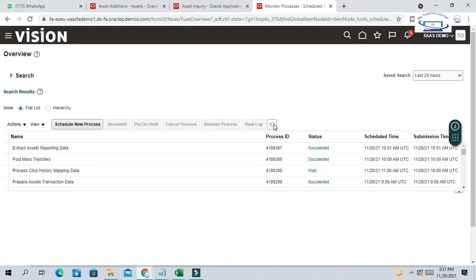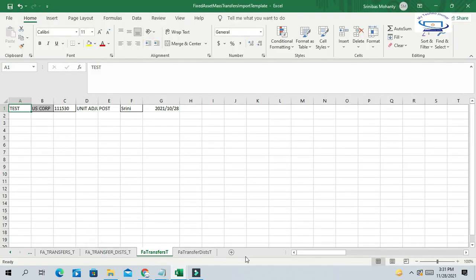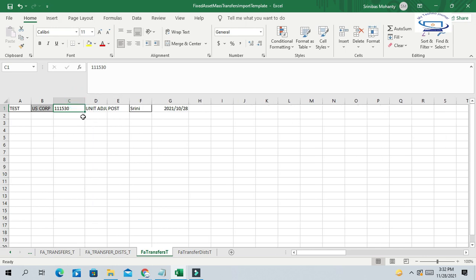So now the program is complete. Just check whether the data is updated or not. So what we did in the ADF file, we created one mass adjustment file, unit adjustment, and the current unit for this asset was 1, but we have added five more units. We have adjusted with 5 units more into this asset.